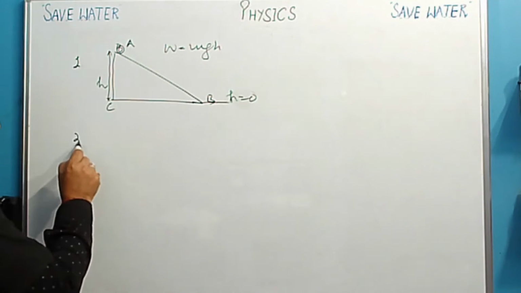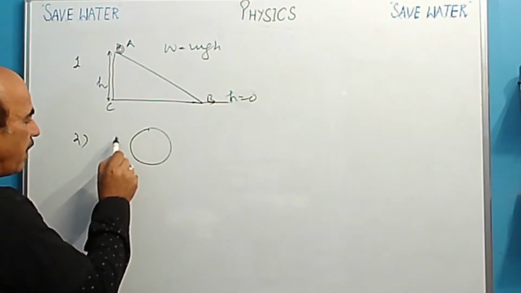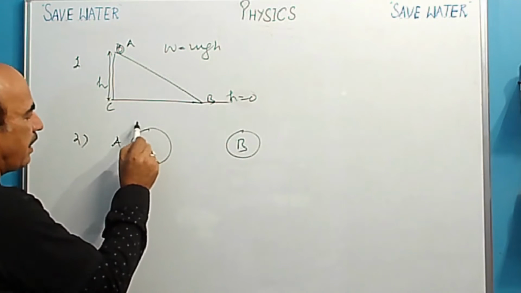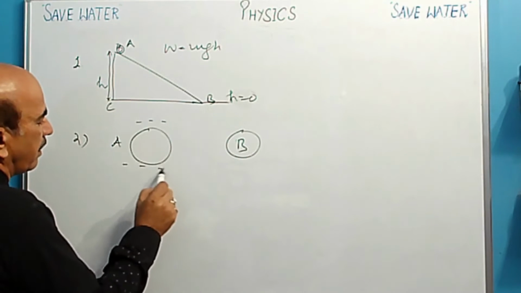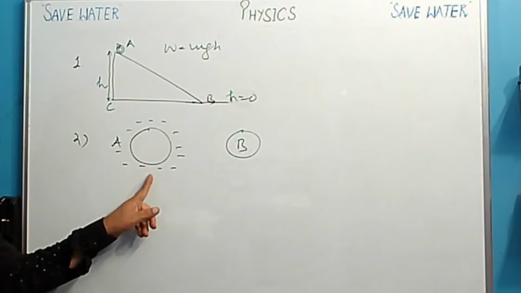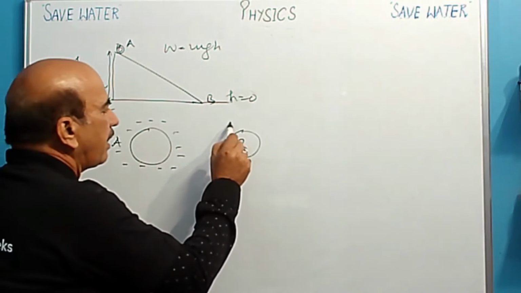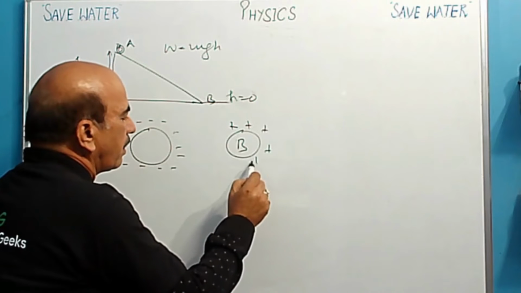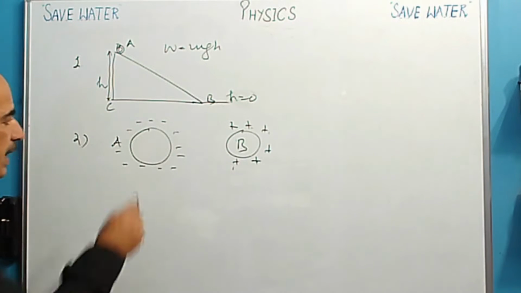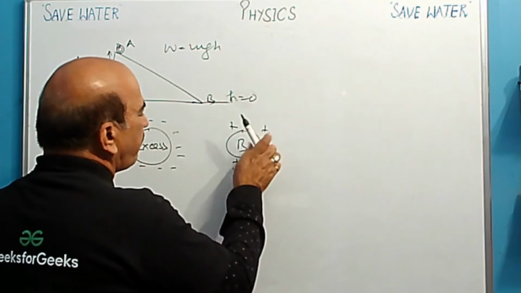Yes. In the same way we discuss one more example. One body is A here, and another body is B. It has so many charges, so it has an excess of charges. How many charges are there? 1, 2, 3, 4, 5, 6, 7, 8, 9, 10, 11. And it has this number of charges: 1, 2, 3, 4, 5, 6. Yes. So it has an excess of charges, and it has a deficiency of charges.